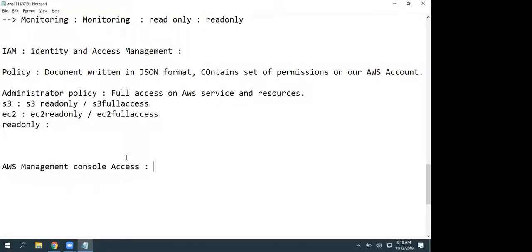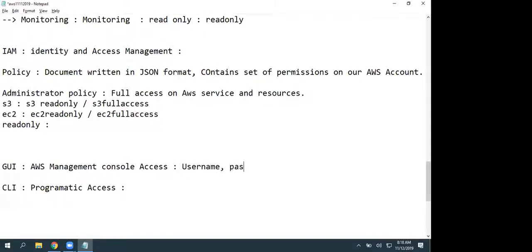Graphically, you can log in, view, and create all your resources. In exactly the same way, we can perform these operations by using the CLI, the command line interface. That type of access we call programmatic access. Here we are going to get a username, a password and a sign-in URL.